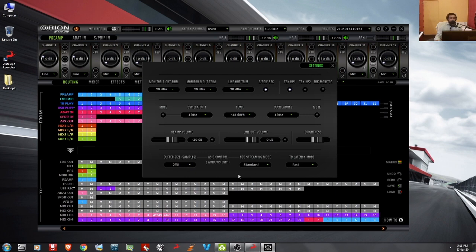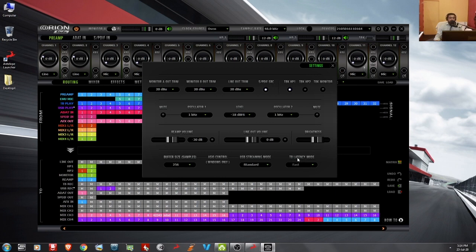Okay, there are some streaming modes here. Antelope recommends to experiment with the streaming modes. I usually select the standard streaming mode option. Sometimes I use the auto option for the buffer size. If I am doing some recording, I will select 256 or 128 depending upon the session. If I am doing some mixing projects, I will go to 1024. Okay, so here I am selecting the 256.